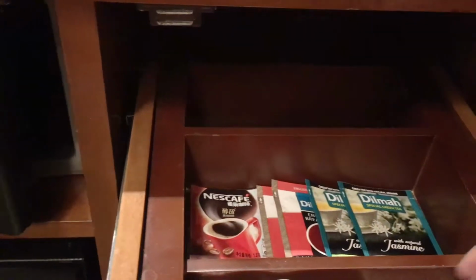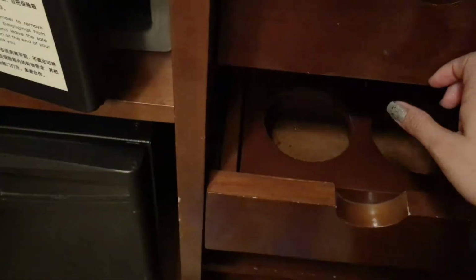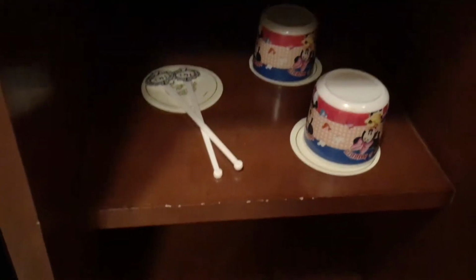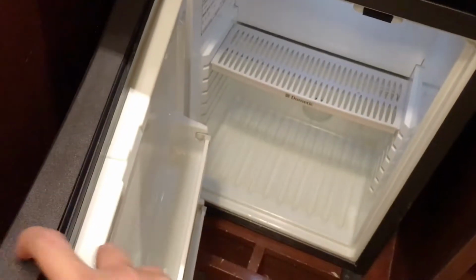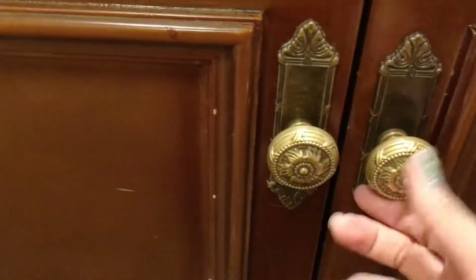Here is some tea, coffee mate, and sugar. There's supposed to be some glass over here. Down there are cups, coasters, and stirrer. And here's the fridge, which is empty. Everything's in Victorian antique theme. And over here, when you enter the room with this one, is the clothes hangers,